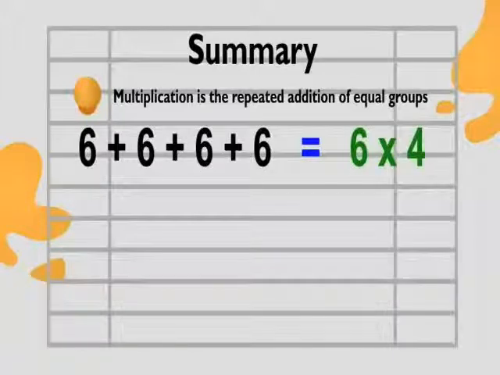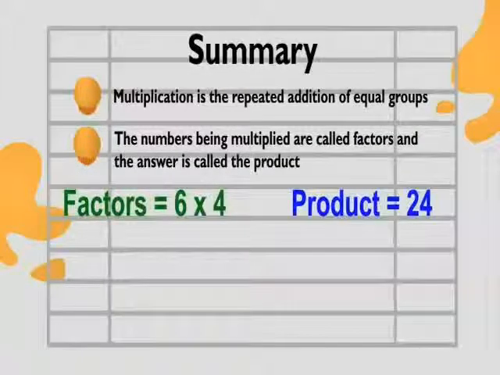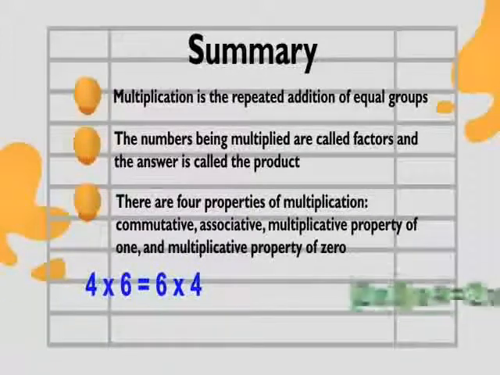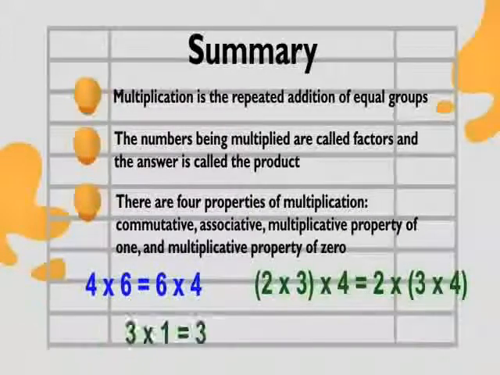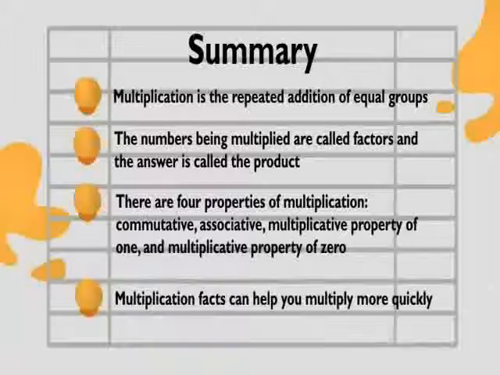Multiplication's just repeated addition of equal groups. The numbers being multiplied are called factors, and the answer is called the product. Knowing the properties of multiplication makes it easier. They are the commutative property, the associative property, the multiplicative property of 1, and the multiplicative property of 0. Multiplication facts can help you multiply more quickly, and it's a lot easier than trying to add up all these